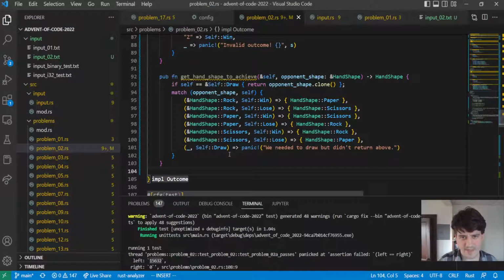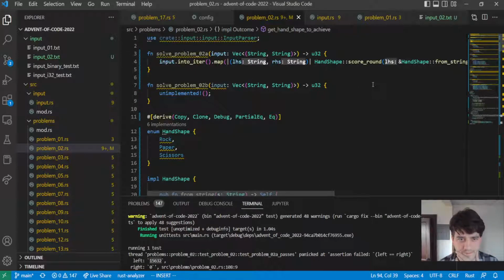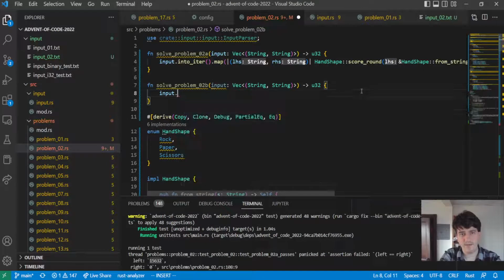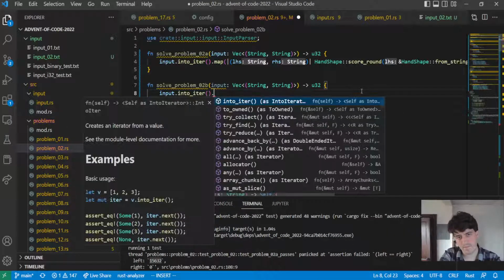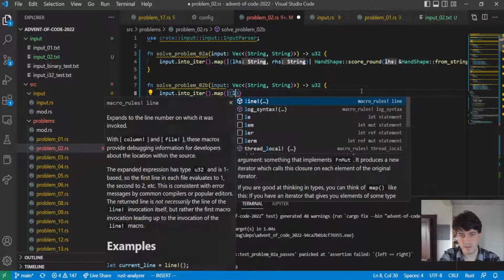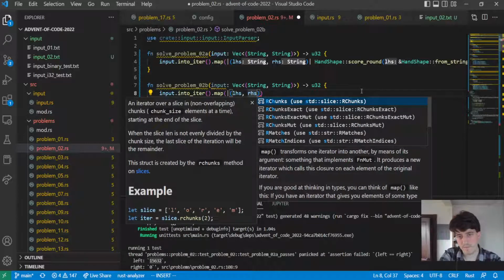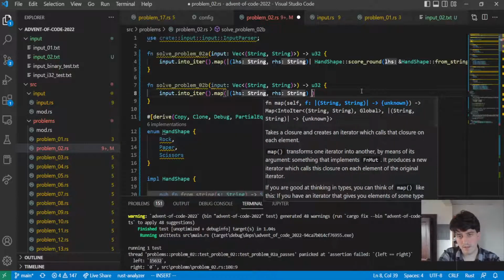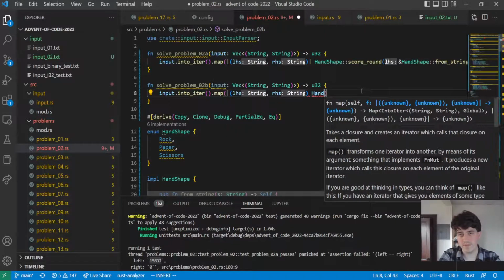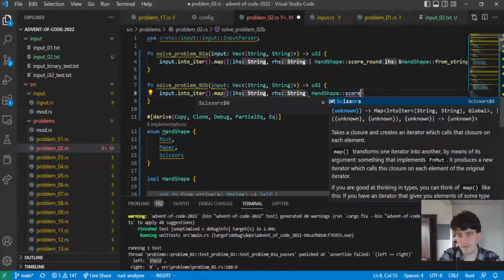Is it worth doing a test of this function? I don't really think so. So now we just say, we take input, we throw it in an iter, we're going to score the round, same thing as last time, but this time it's between,